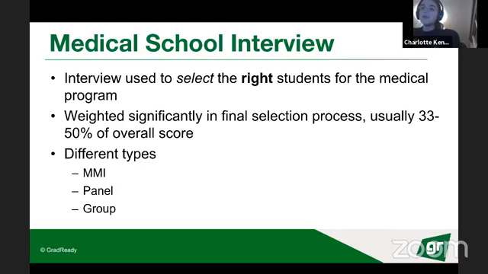There are a couple of different types of interviews, and some unis like ANU use a combination of both, where you can have an MMI, you can sit in front of a panel of a few people, and you can also do a group interview. We'll go into this in a little bit more detail later on. I just wanted to say, I think it's interesting how much people prepare for the GAMSAT, but then in the end it's worth a similar amount to the interview, and people don't spend nearly as much time preparing. Yeah, for sure. Some people just assume that because they're a nice person they can wing it and they'll get in. Yeah. It's important to prepare.